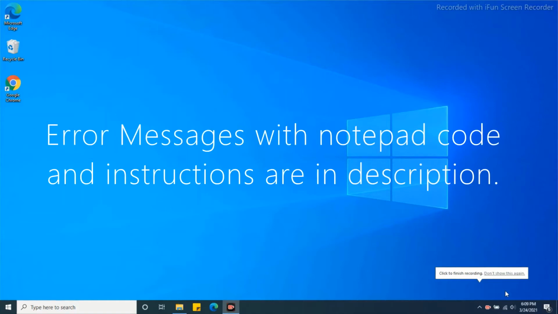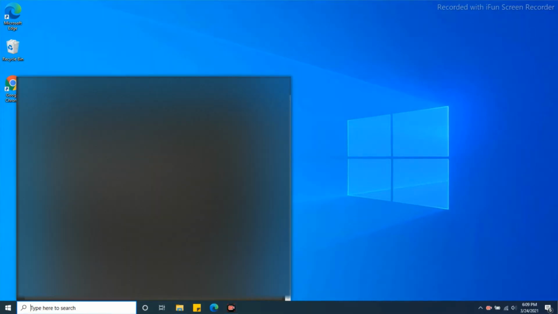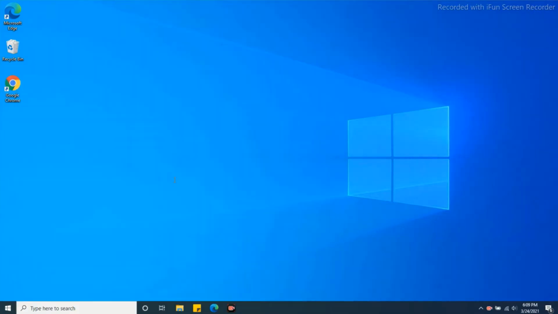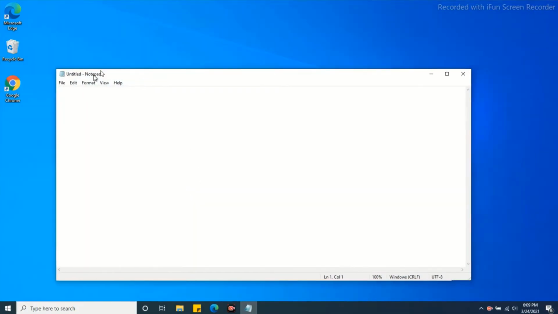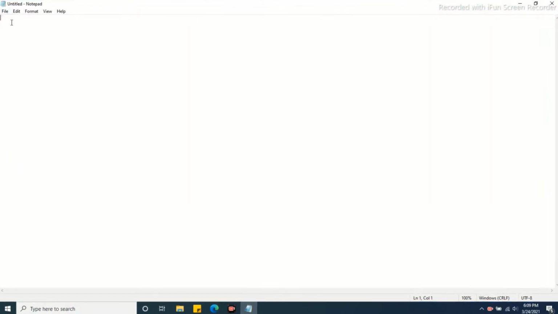And today we are going to be learning how to create error messages in Notepad. So first you're going to type here to search and search up Notepad, open. So I have this right here. Now I'm going to turn it to full screen, and then right here this is what you need to type: